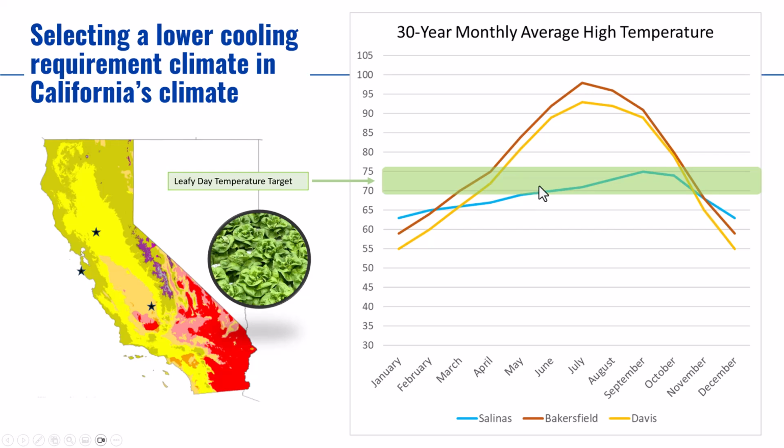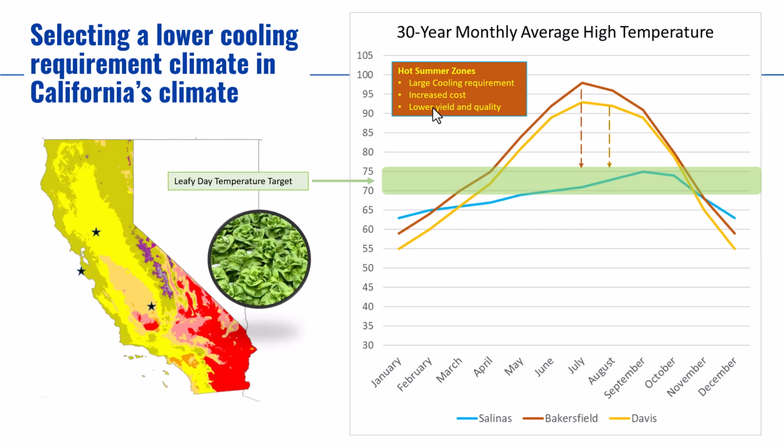And so the point is, in the hot summer zones like Bakersfield and Davis, you're going to have a much larger cooling requirement to hit your target. This means increased costs and potentially lower yield and quality if you're growing leafy crops. Look how much cooling you need to have from 95 to 75, let's say, for a couple months of the year. Now compare that to Salinas, where you're already kind of in the zone,